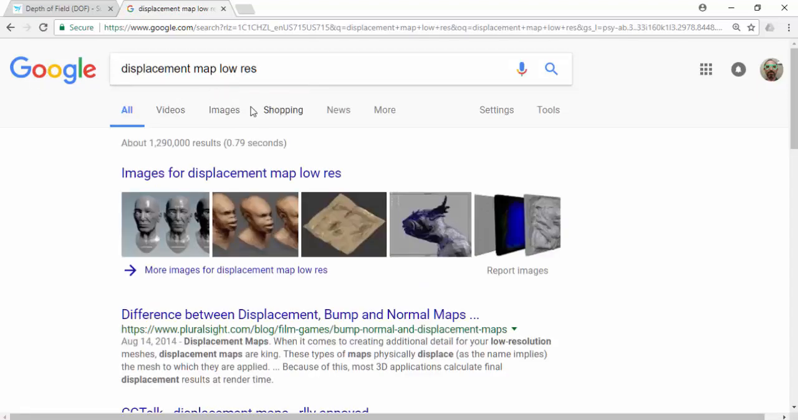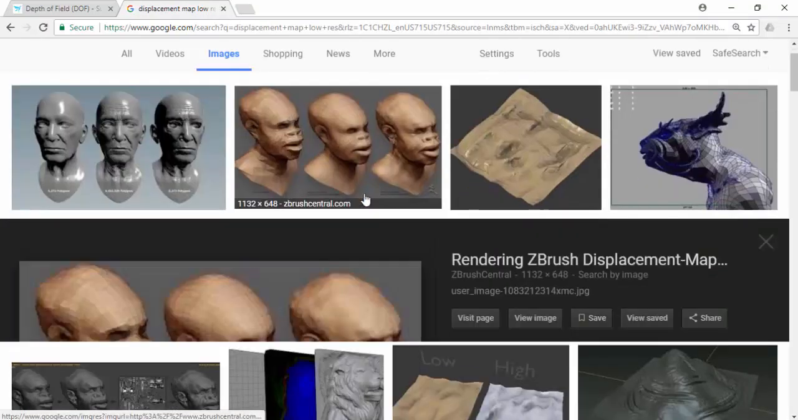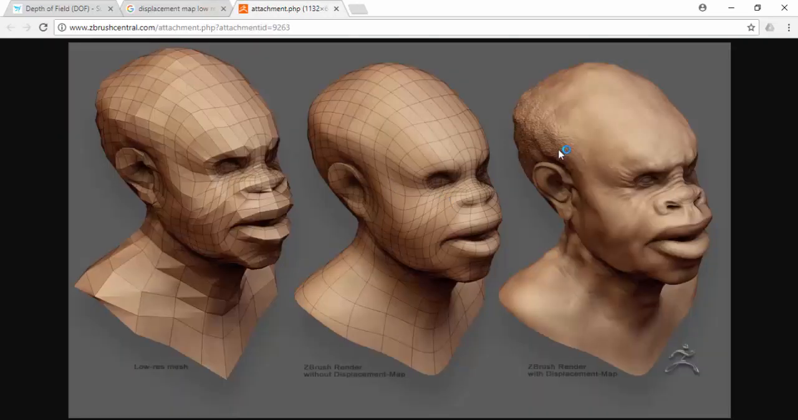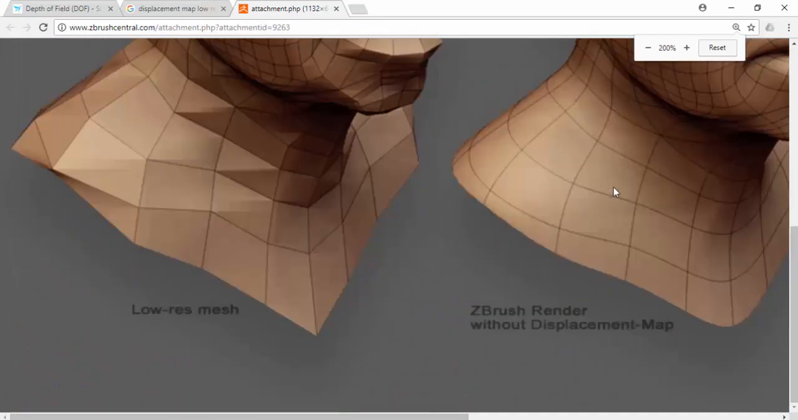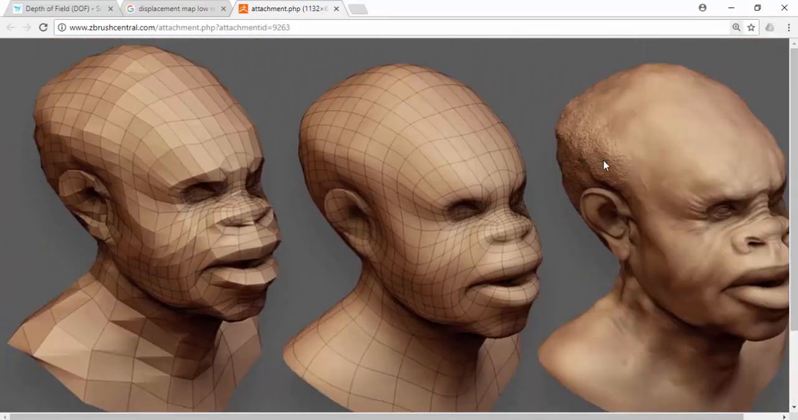You can actually take low-res geometry, add displacements to it, and make them look much more high-res. So in this case, they have this low-res character. Here is the ZBrush without the displacement, and here's a ZBrush with the displacement. So all of these pieces in the back here, all of this detail is actually